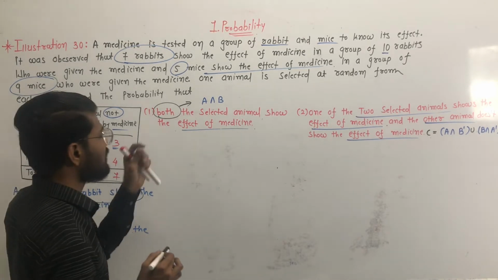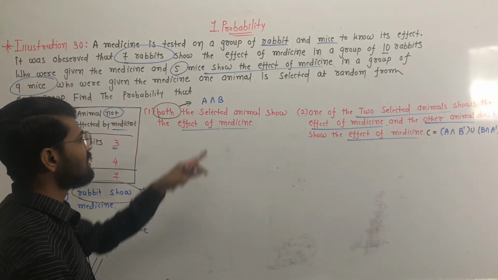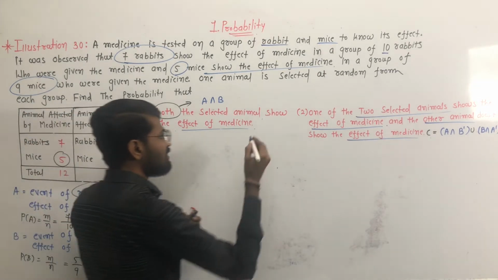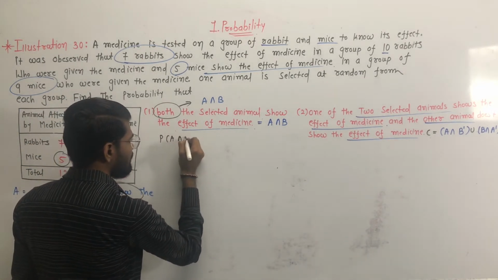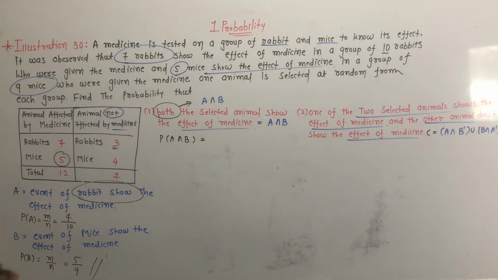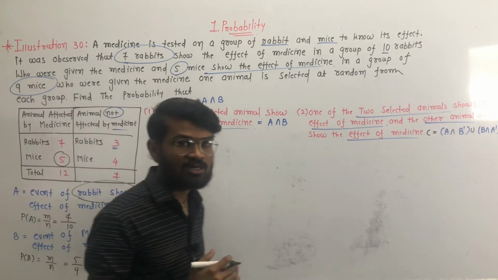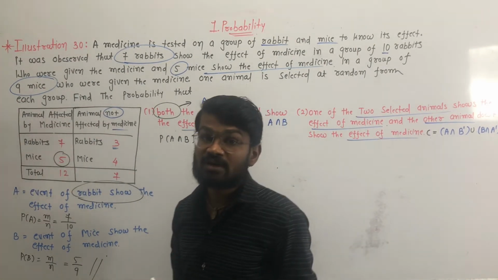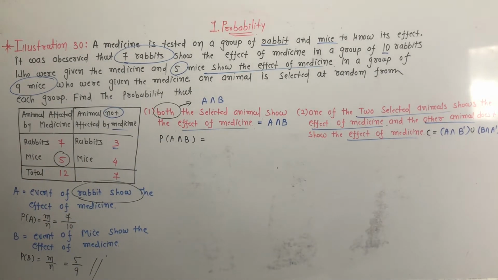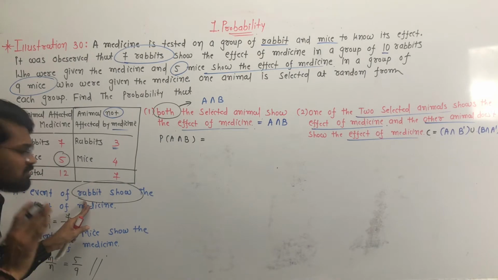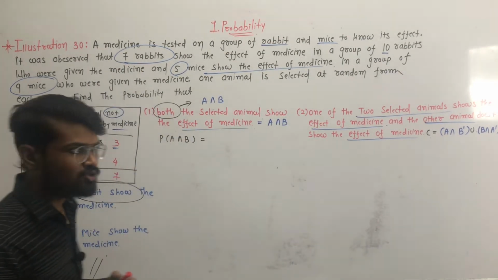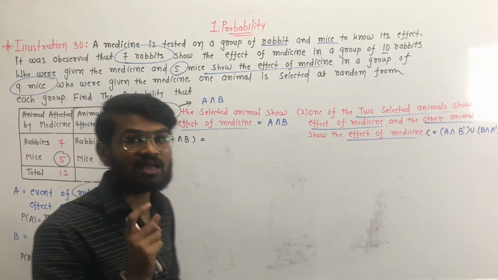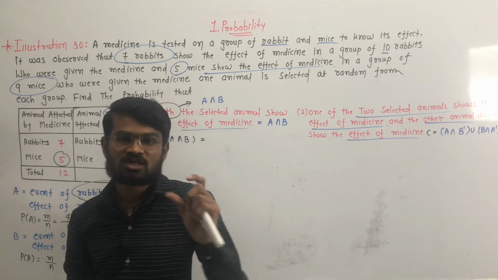Okay, now we come on to event 1. Event 1 is that both the selected animals show the effect of the medicine, and this event is denoted by intersection of event A and B. So we have to find the probability of intersection of event A and B. Are event A and B dependent events or independent events? कौन सी इवेंट है? इवेंट ए एंड बी डिपेंडेंट इवेंट है कि इंडिपेंडेंट इवेंट है? इवेंट ए एंड बी है वो इंडिपेंडेंट इवेंट है, वो एक दूसरे पे निर्भर नहीं है. क्लियर? वो एक दूसरे पे डिपेंड नहीं है कि रेबिट पे मेडिसिन का इफेक्ट होगा तो उससे हिसाब से हम ये नहीं कह सकते कि माइक पे मेडिसिन का इफेक्ट होगा कि नहीं होगा. यस, और उसका उल्टा भी सोच सकते हैं कि माइक पे मेडिसिन का इफेक्ट होता है तो रेबिट पे ये मेडिसिन का इफेक्ट होता है कि नहीं होता है उसके बारे में हम कुछ कह नहीं सकते.